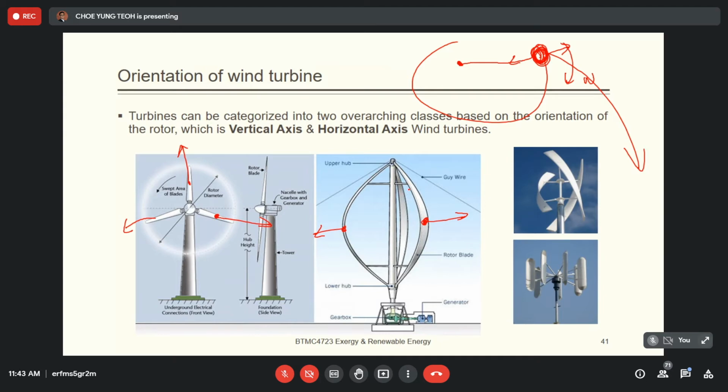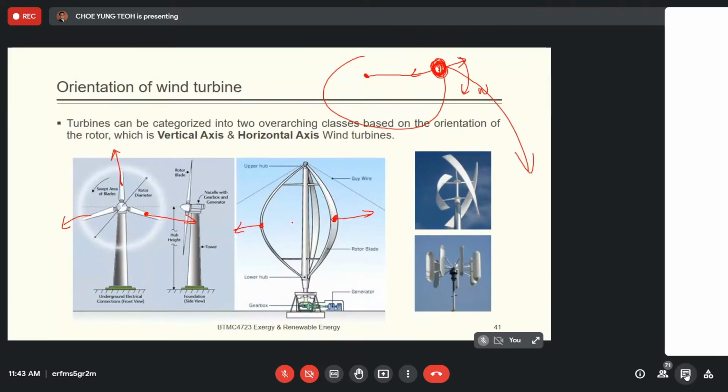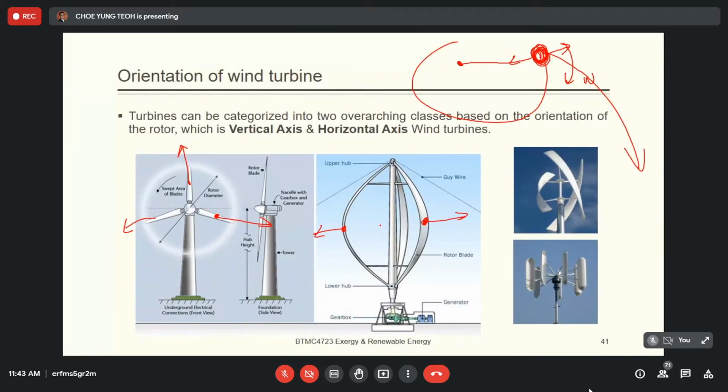It has very poor self-starting capability. Why? Look at this. This is the blade, and you already designed the aerofoil shape and predefined the angle of attack. So when the wind hits the blade, it will automatically rotate because you already created the pressure difference. But this one,